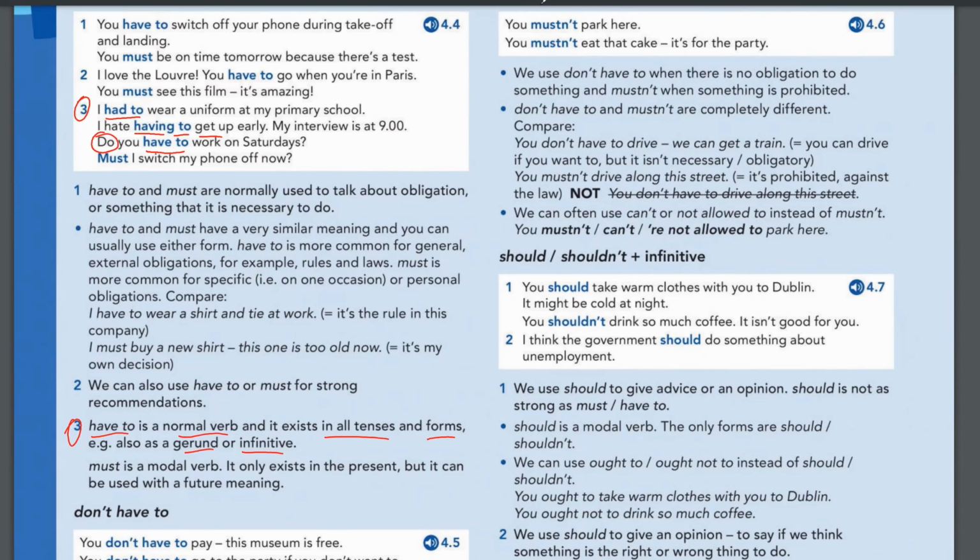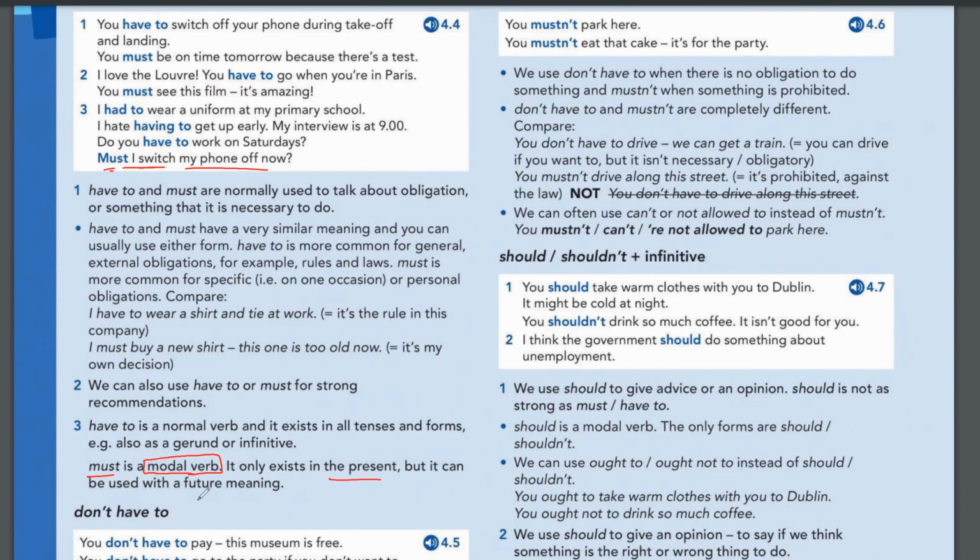Okay, so this is have to. So when I want to make present simple negative, I don't have to do it. If I want to make question, do you have to do it, or do I have to do it? What about must? No, must is a modal verb. And as we know, modal verbs, when I want to make question and negative with them, we're not going to get help from do or does or did. We're going to use modal verbs themselves. So it only exists in the present time. So must, you mustn't do that. Or question is, must I switch off my phone